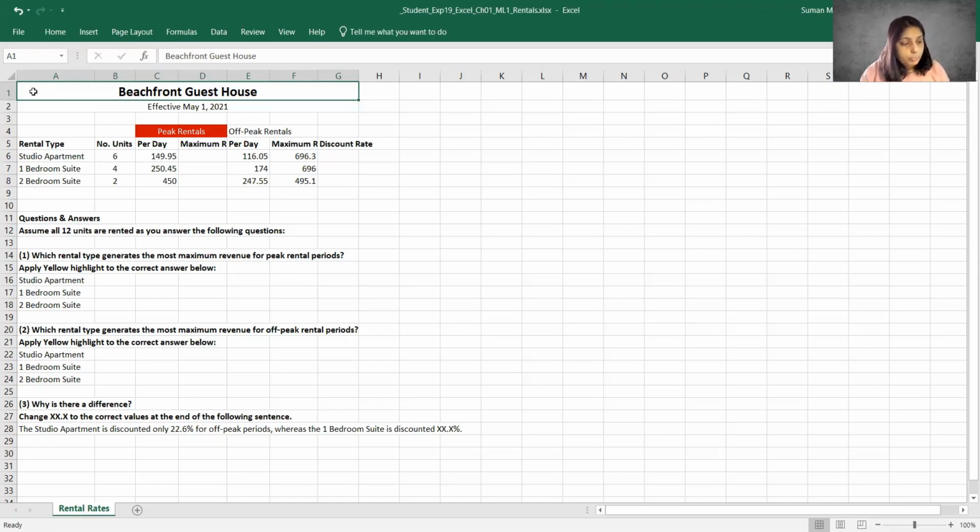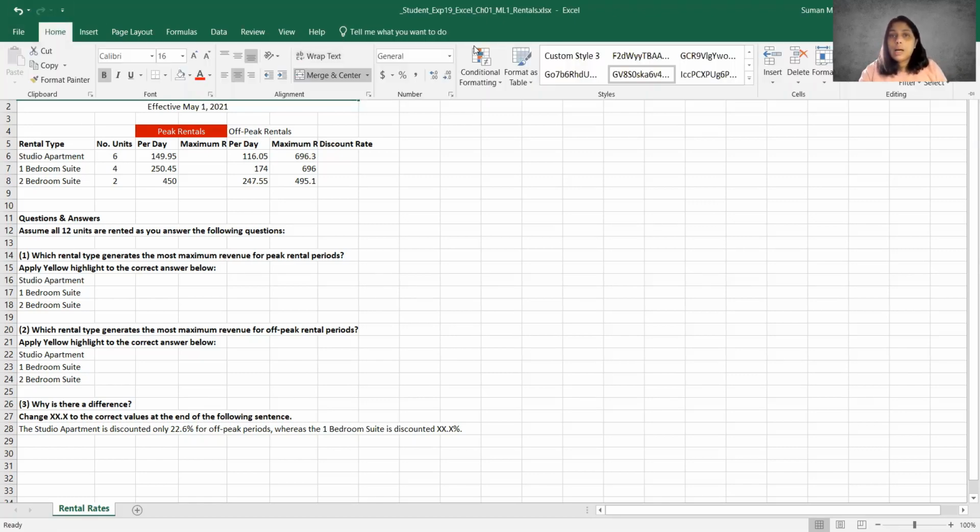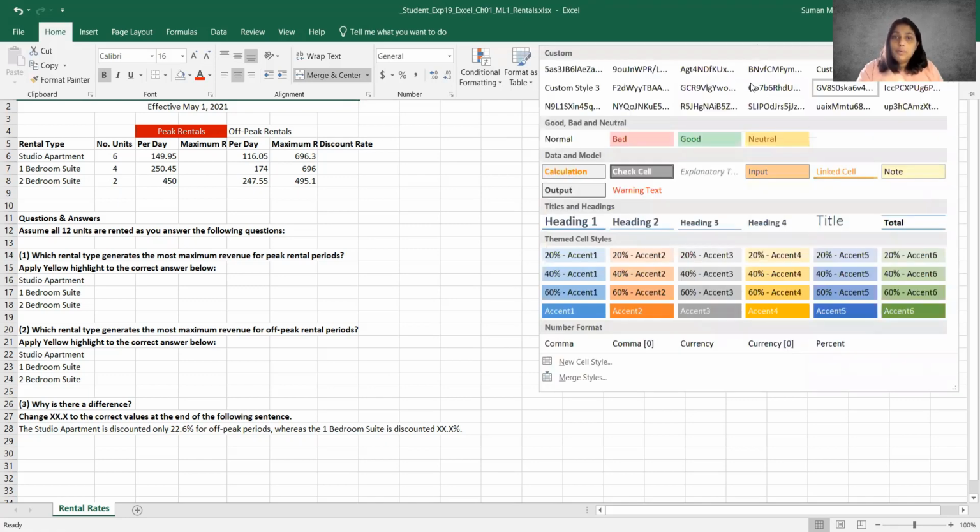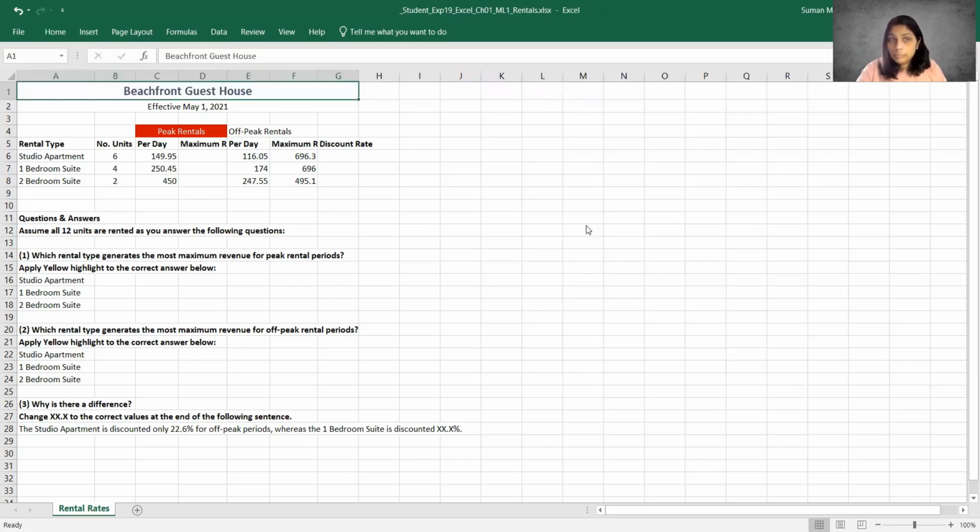We have been asked here to apply a heading 1 cell style. So I'm going to click on the Home tab, and on the Home tab, I'm going to go all the way over to the middle section where it says Styles. Here I'm going to click this drop-down arrow, and I will find different cell styles. At the bottom, you'll see titles and headings. We are asked to locate heading 1, which is right here. I've already clicked cell A1 to make sure that it's selected. Now I will click heading 1, and I've applied that cell style.